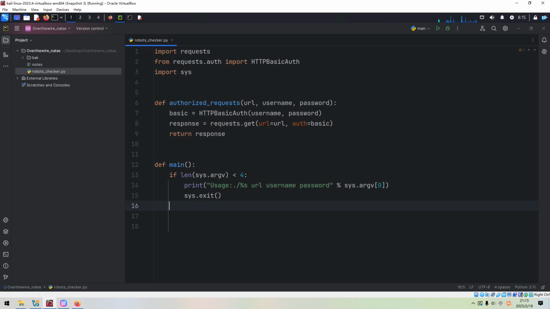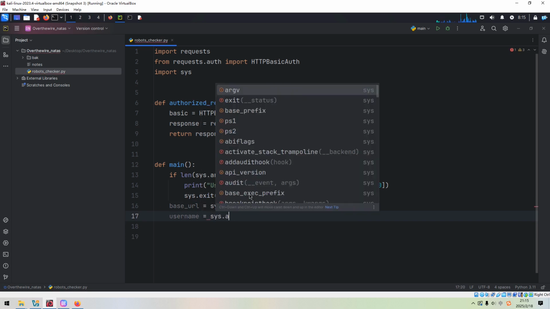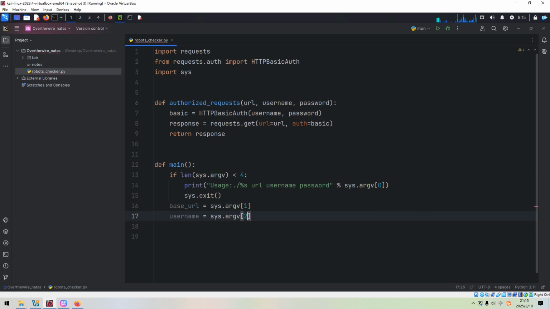So next, if the user specifies options correctly, then we can do the following. The URL, in this case the base URL, would be the second item in this list, and the username equal to sysarchive, the third item in this list. The password is the last one. Okay, so what can we do next? We need to